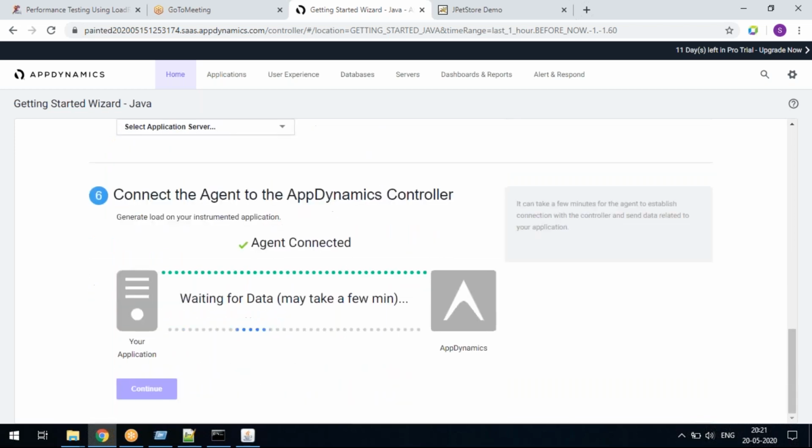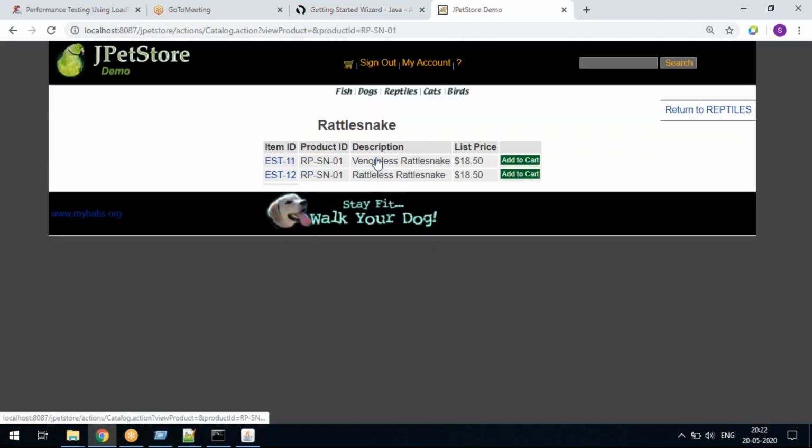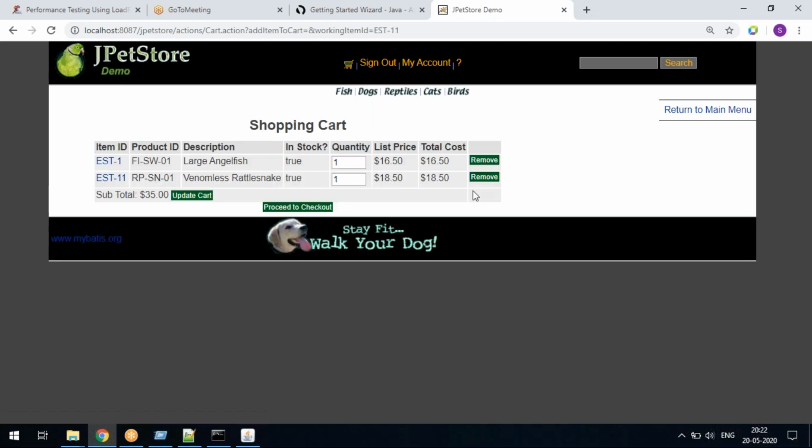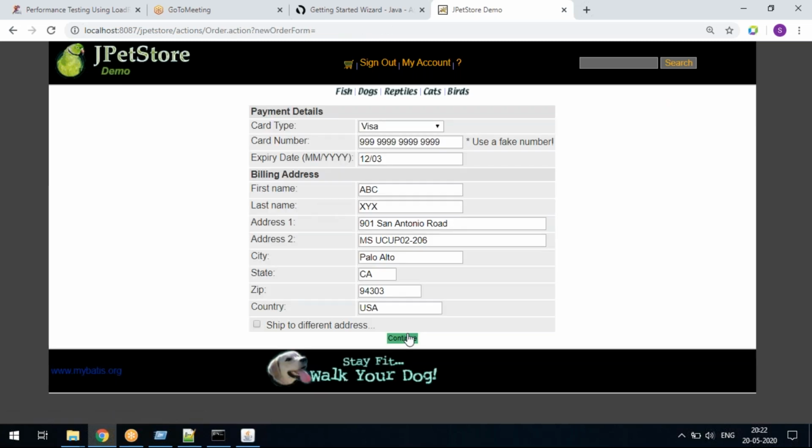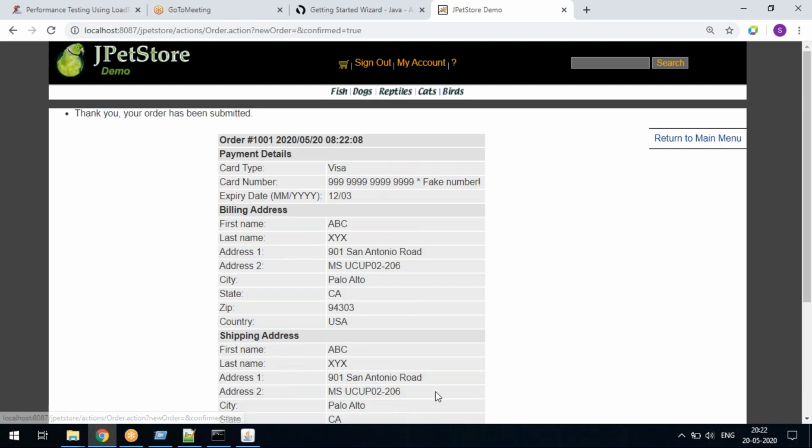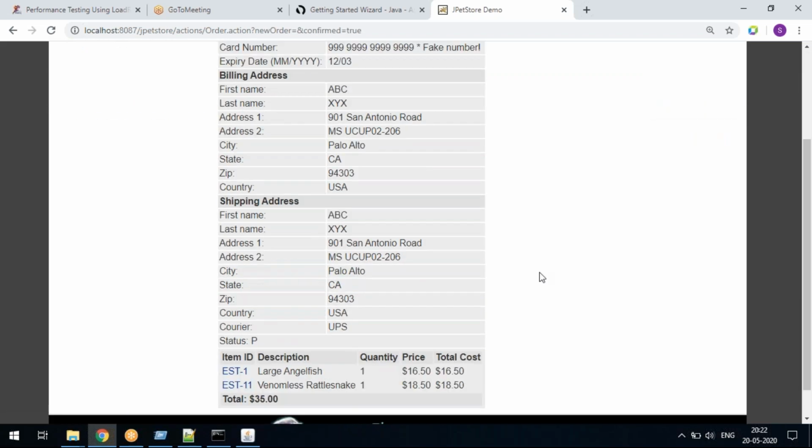If I scroll down, it says agent connected. The agent is connected, but the data has to come, so you have to keep on giving the load for 3 to 5 minutes.